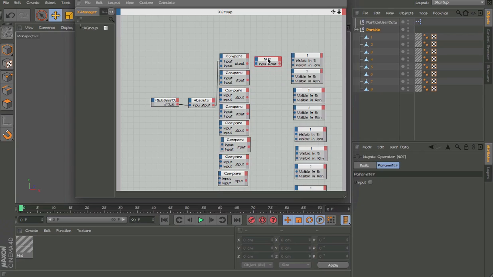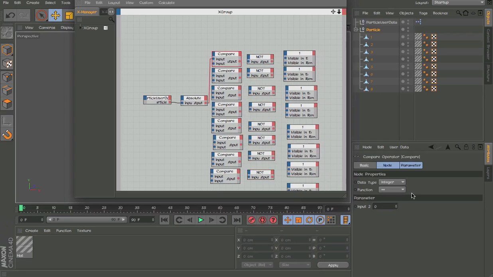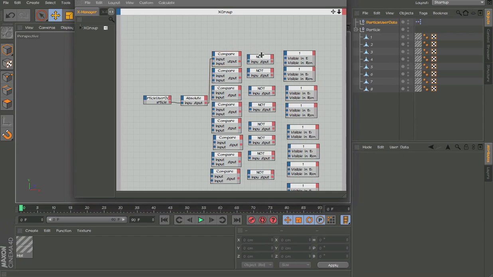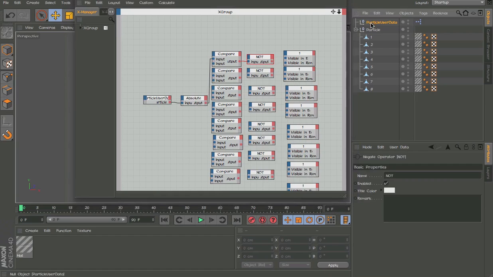Okay, now we have to make 8 of these knots. What this compare does is we can tell what we want. Say in this float slider, we want number 1 to control particle 1, number 2 to control particle 2 in the visible and in the editor, like to show it in the render and stuff. So that's what the compare does. The knot just basically inverts the signal we're giving. Don't know how to explain it, but yeah, you can try it by yourself if you like, but